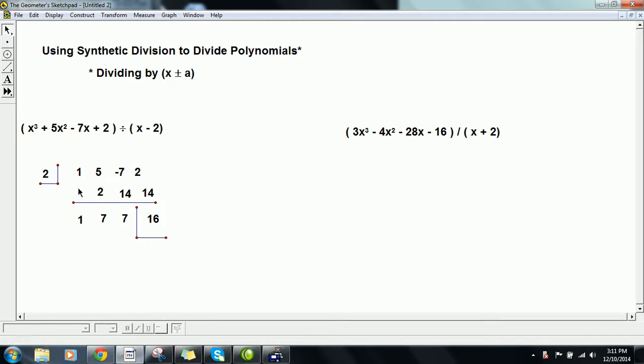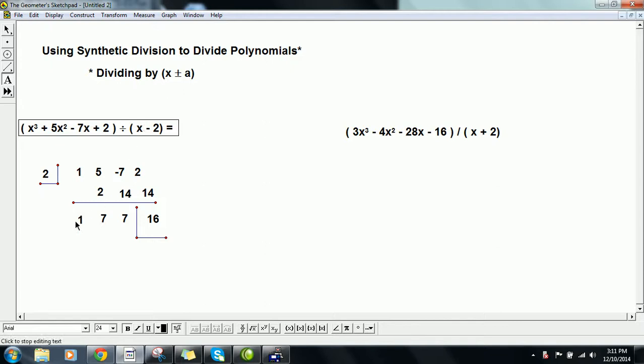And then you bring down the first coefficient, multiply, add, multiply, add, multiply, add, okay? So what this means is that I've just found that when I divide this, these are now the coefficients of my depressed polynomial. And remember, we talked briefly the other day, if you divide a cubic by a linear first degree polynomial, you end up with a quadratic depressed